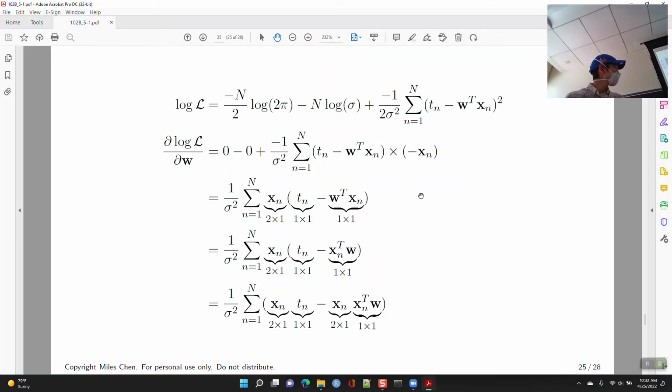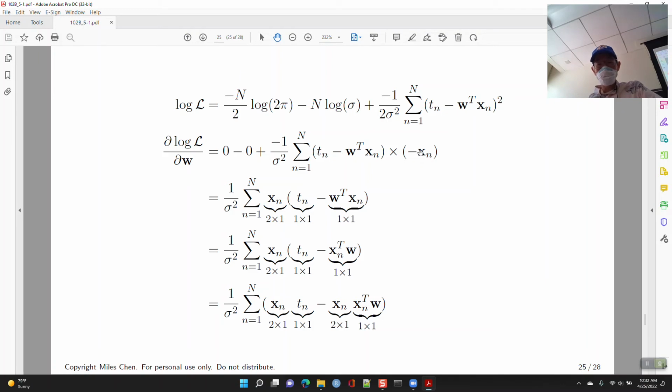So here we are doing our favorite thing, working with derivatives in vector notation. Here's the function from the previous slide, and we're going to take the derivative with respect to w. This whole thing is a constant with respect to w, so it zeroes out. This whole thing is also a constant with respect to w, so that zeroes out. And then here I've got t minus w transpose xn squared, and I ask, what is the derivative of this with respect to w? Well, the 2 comes down and cancels this out. And so I have t minus w transpose xn, and then we ask, what is the gradient or derivative of this with respect to w? Applying the chain rule,